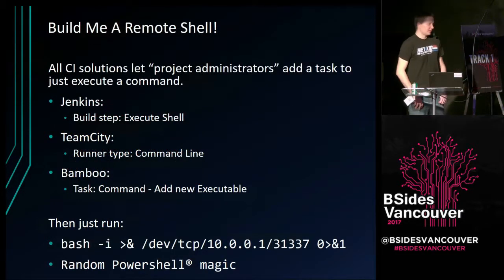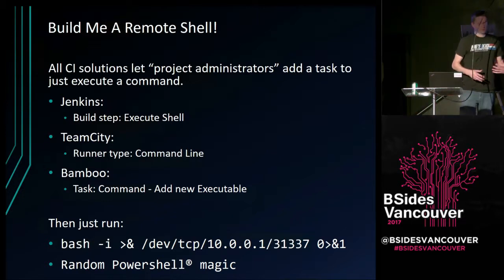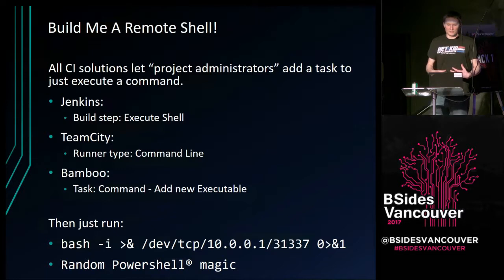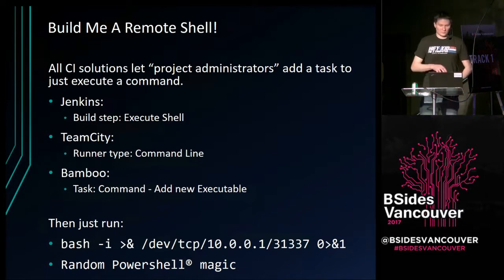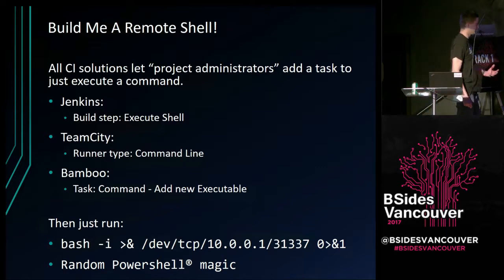This next slide, I think, goes without saying, but it's worth highlighting. So the point of CI systems is to let administrators, product administrators, configure the source code repository, the build steps, and then kick off a build. That basically means the point of these systems is to allow tasks to run a command. So in Jenkins, you had a build step called the execute shell, and it lets you configure what shell command to run. TeamCity and Bamboo, same kind of thing.